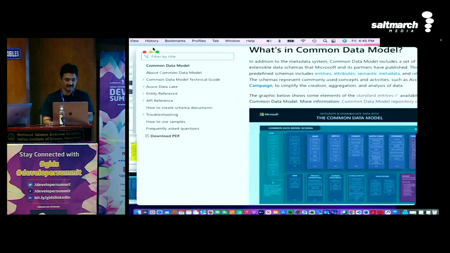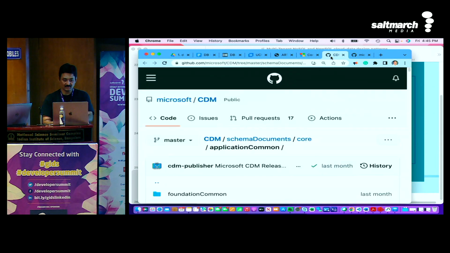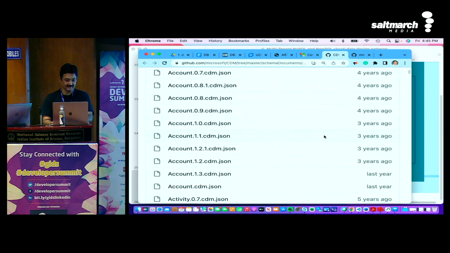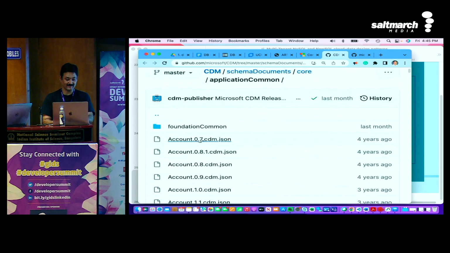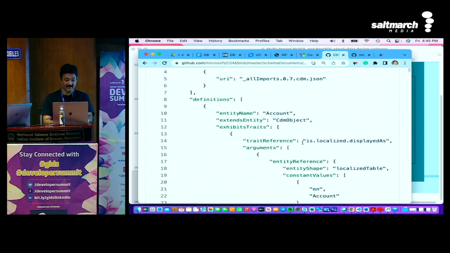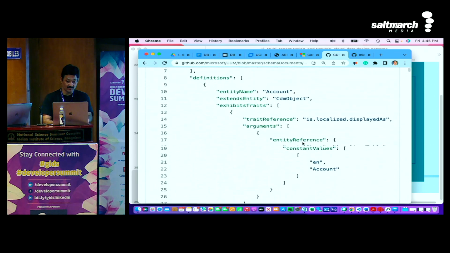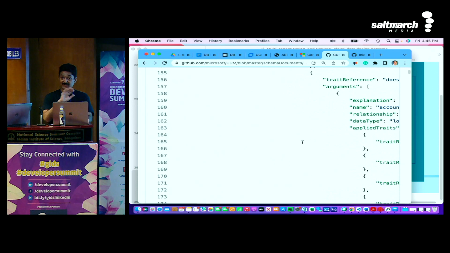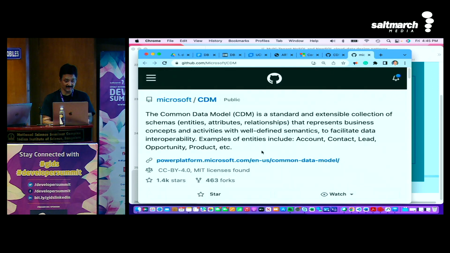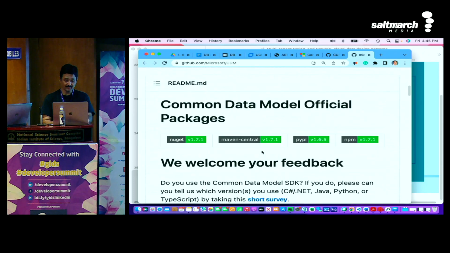Okay, I opened them here. So these are all the common entities. Account. How many here have account as an entity? Everybody has, yeah? So if you want to look at how an account looks, you can go to the JSON object and look at that account. This is the Common Data Model for an account. How the JSON looks for an account. What are the fields it should have? Standard implementation, yeah? Not only that, you can go into the GitHub repository for it.